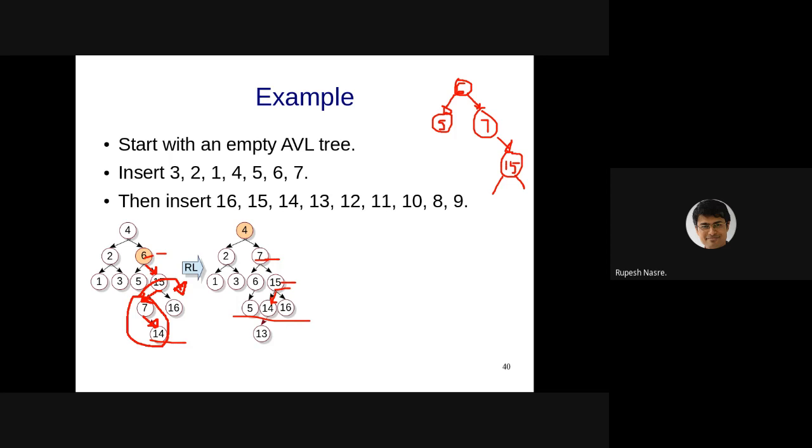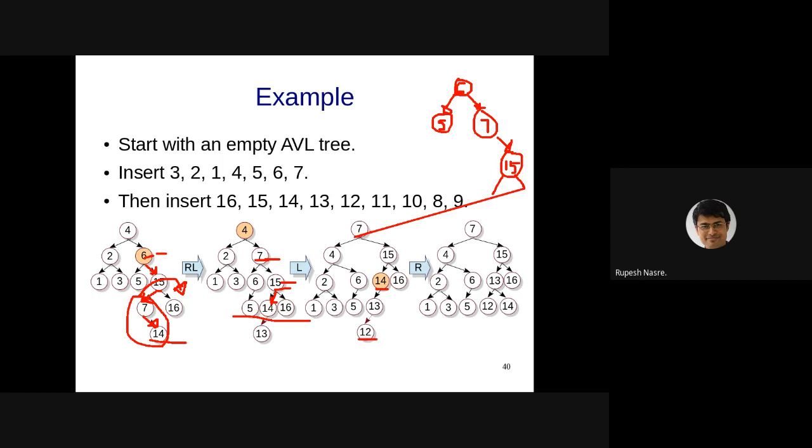Okay, so by the time you guys are working on this, I'll just go ahead and consider this case of insertion of 13 that is going to require a single left rotation, and that will give us 7 as the root now. And now when we are trying to insert 12, again there is an imbalance. Thankfully the imbalance is way below, which is at 14, and that also becomes LL case. So we do a right rotation, 13 becomes the root, the left child of 15. 14 becomes its right child, 12 becomes its left child, right? So that requires a single R rotation, and we come here.